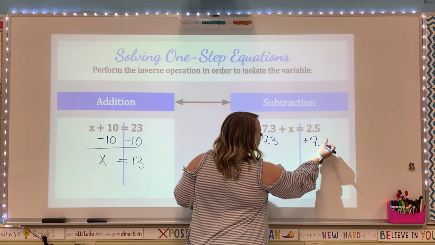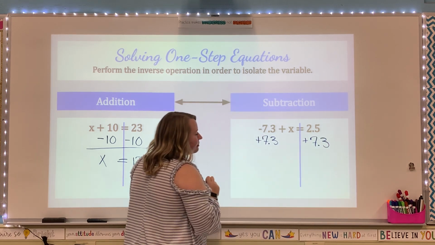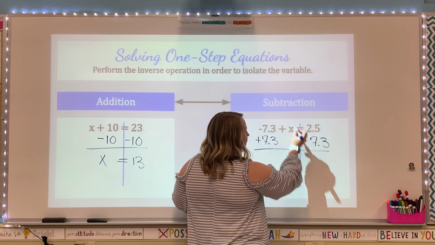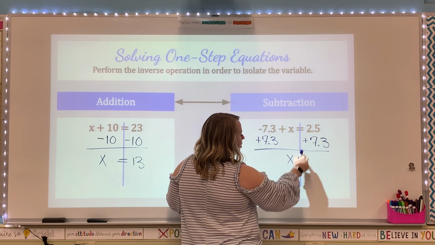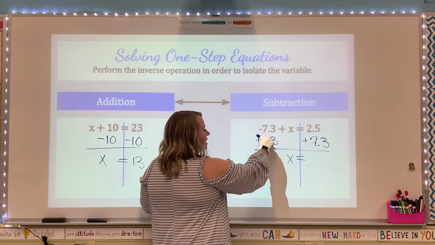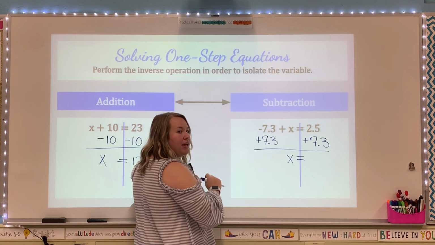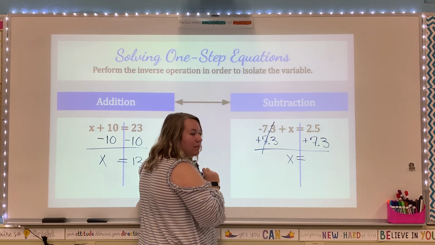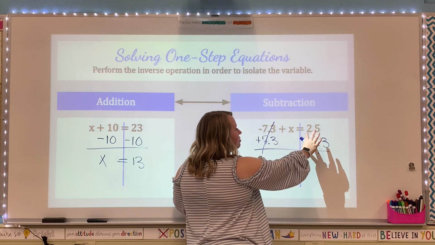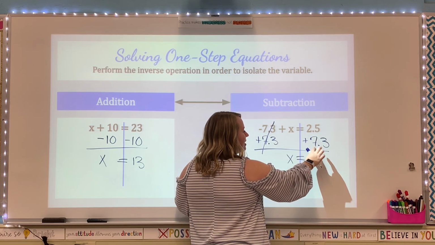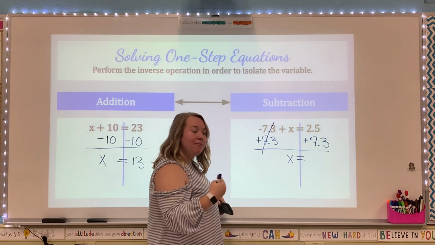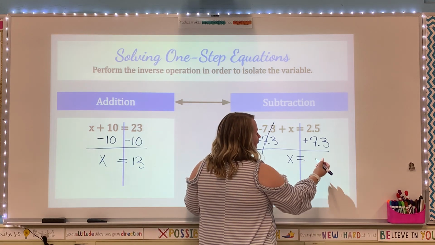And again, what we do to the left, we have to do to the right. I'm going to draw my line. My x will come down, so will my equal sign. Negative 7.3 plus 7.3 cancels out, so I'm going to cross them out. And then I can do 2.5 plus 7.3. And if we type that into our calculator, we get